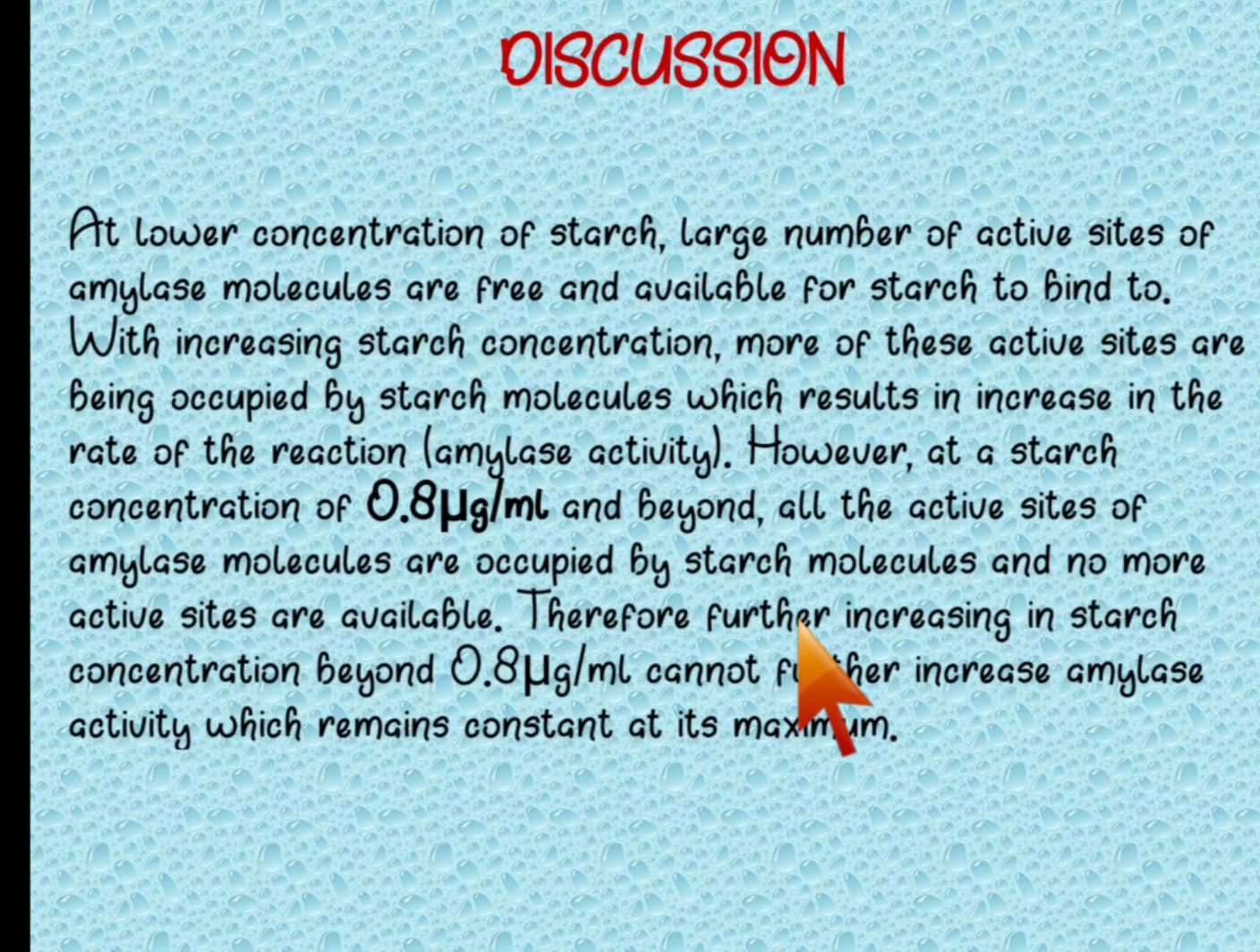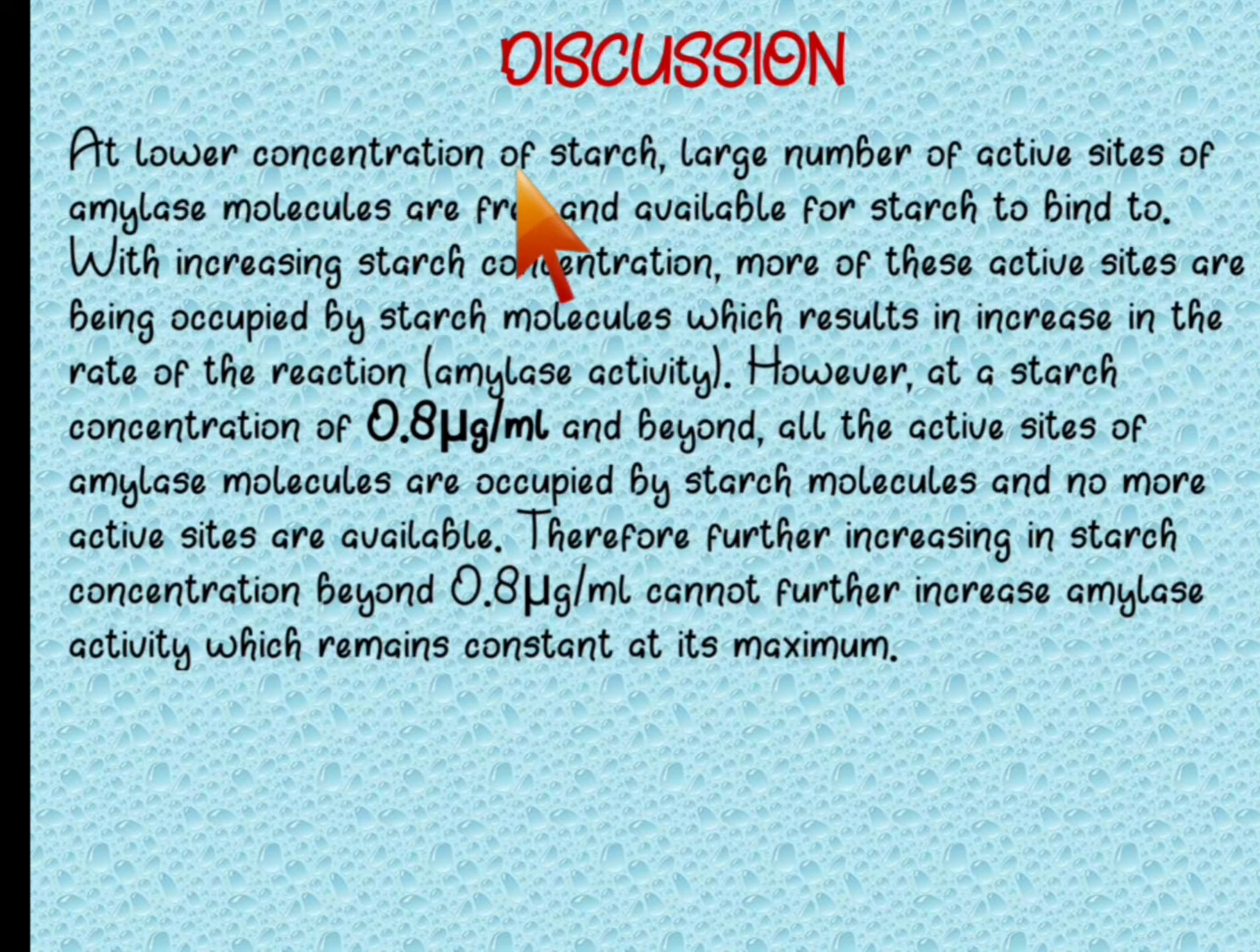And also you will mention in the discussion what happened at lower starch concentration: a large number of active sites are free, and thus they are available for starch to bind, so that when they bind to the enzyme, the starch can be broken down into smaller molecules. But with increasing starch concentration, what happened? More of the active sites are being occupied by more starch molecules, which results in increase in the rate of a chemical reaction. However, as you can see from your result, at concentration of 0.8 and beyond,